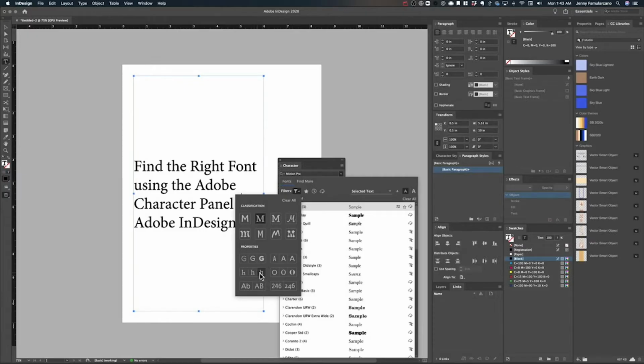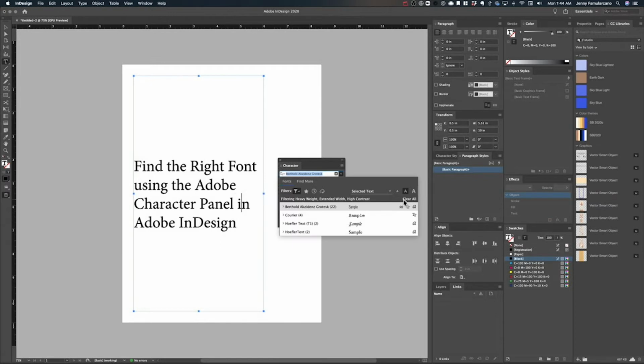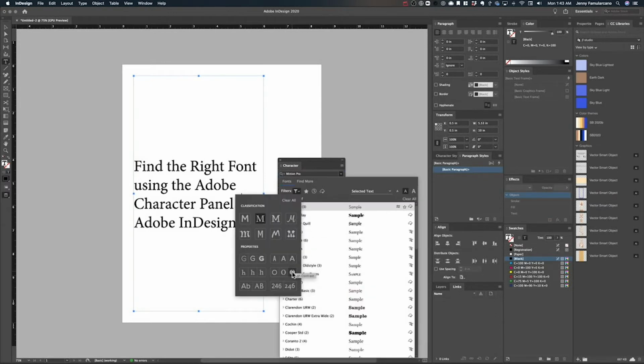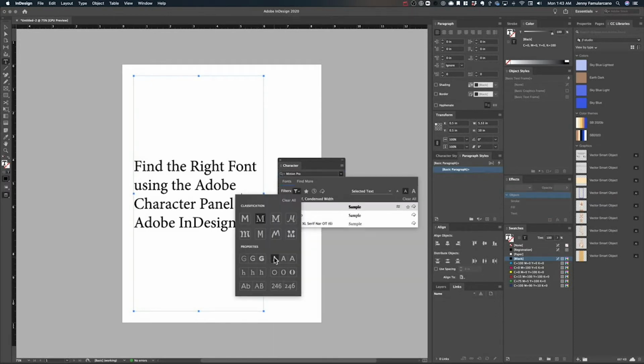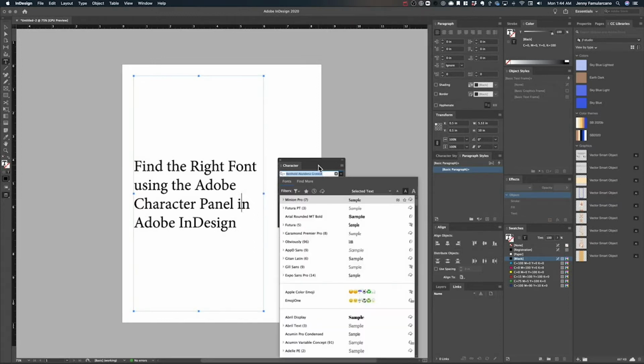If you're selecting a bunch of different properties in combination together, you're going to be filtering and narrowing down with every single property you have selected. If you only want to be searching for them separately, make sure you have none of those properties selected, or you clear all of them and then select just one new property. Otherwise, you're going to do a combination of those. Unless that's what you really want to do, then feel free to make any combination of the properties that you want. Other than that, make sure you clear all those properties out so you can have all of the properties available to you.